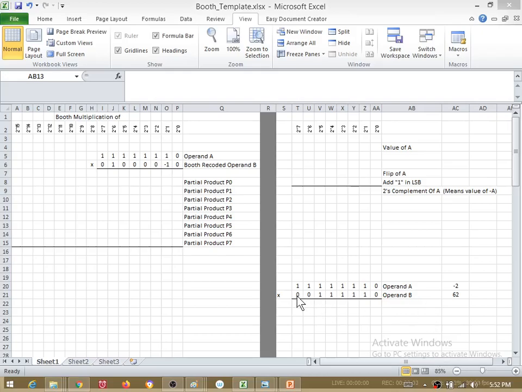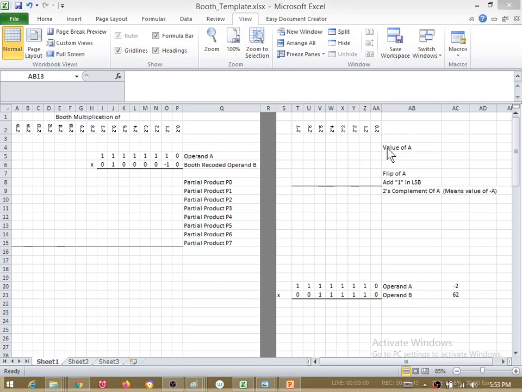Okay, so for our given operand 0 0 1 1 1 1 1 1 0, we found out what the Booth recoded number is. The Booth recoded number was 0 1 0 0 0 0 minus 1 0. Now we need to understand that when we are trying to find our partial products and I multiply operand A with this particular bit, it is going to get multiplied with a minus 1, which means whatever the value of A is will become minus A, and that is what I will have to write here. So I need to find out the value of minus A also.